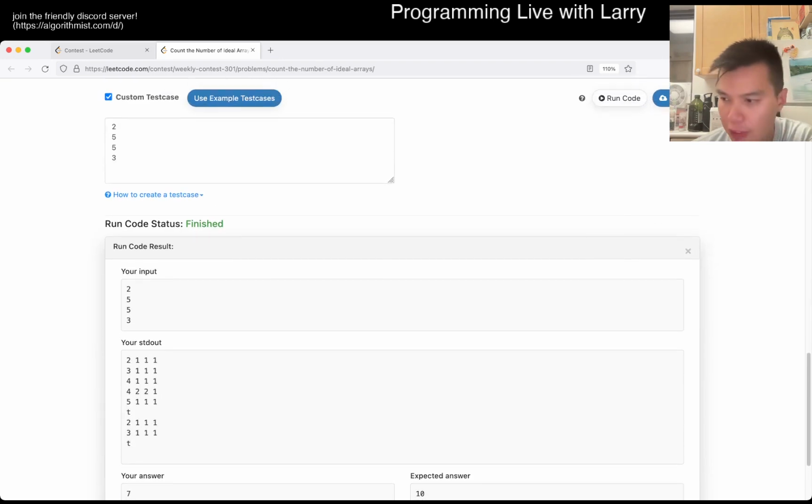Let's see, right? Okay, so we start with 4, and we want it with 2 distinct numbers. There's 4, 2, and 4, 1, right? And then for each of these, we have 2 numbers. So it's 2 choose 2, which is equal to 1. Yeah, makes sense. And then 4 choose 1, which, oh no, the 4 with 1 number is only 1, and it's 2 choose 1. No, it's 2 choose 0. 2 choose,